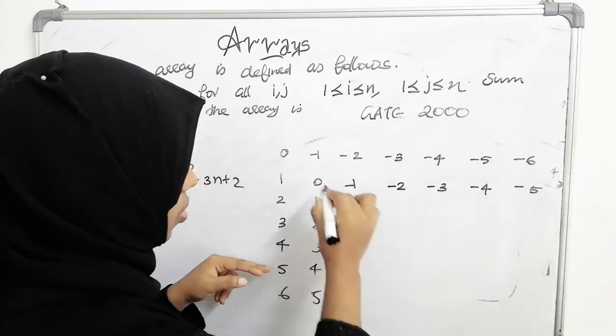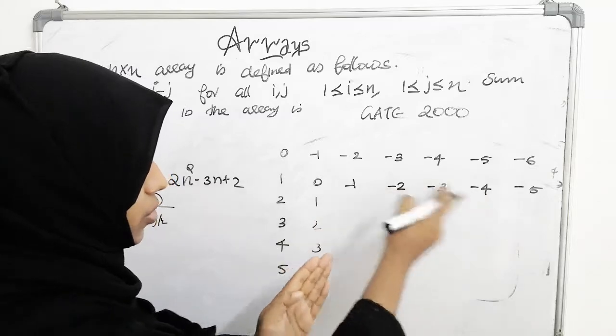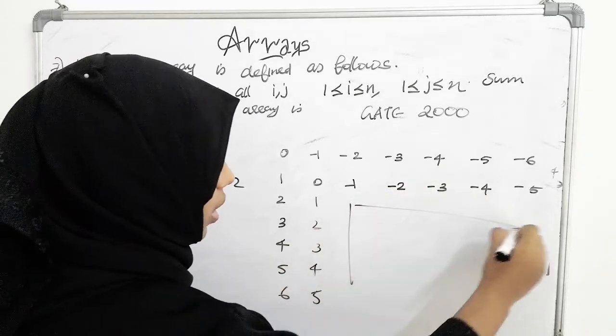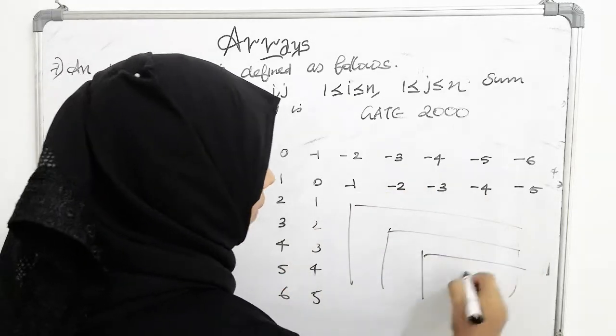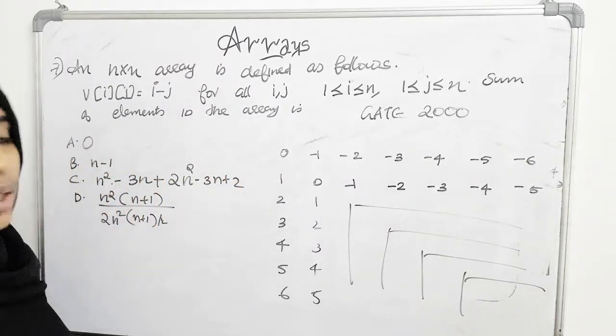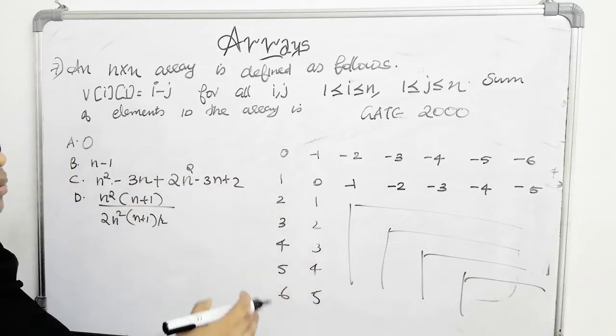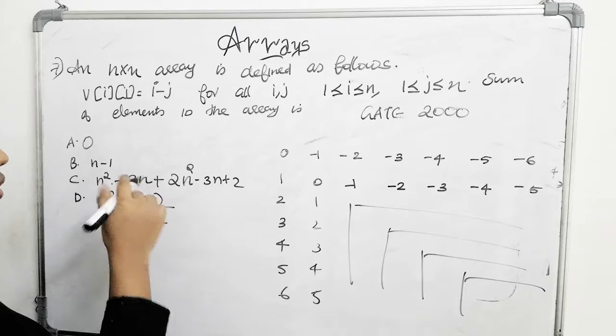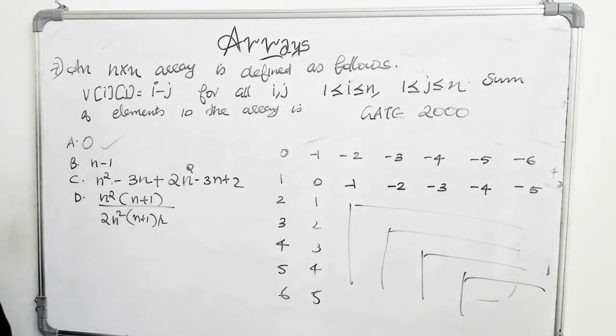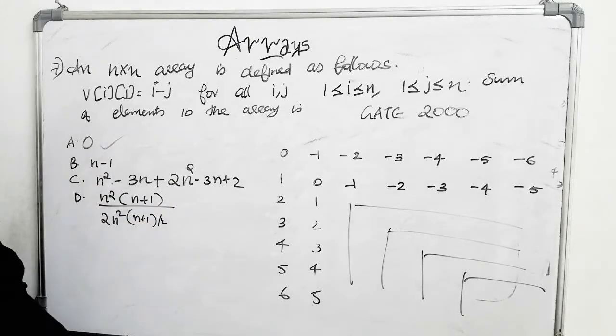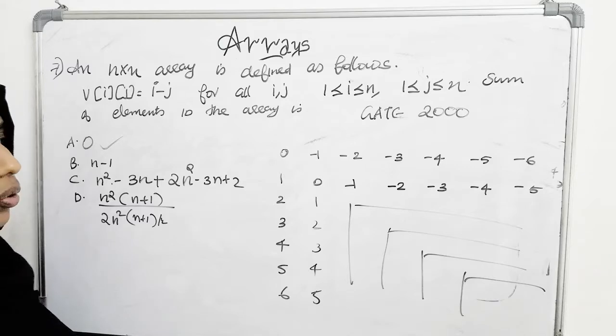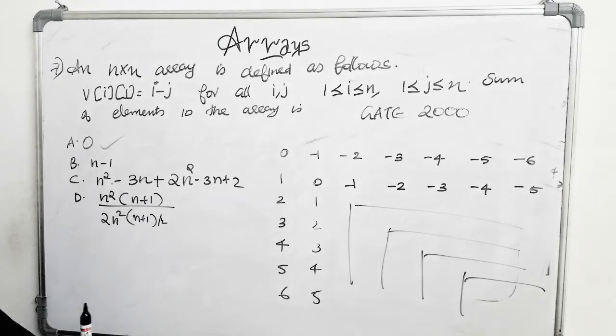So if you are adding this column and this row of this submatrix, you will get 0. So we will consider the smaller matrices like this, and we will get a 0 eventually for all the individual matrices. So the total sum will definitely be 0. For these kinds of questions, you can take examples and work them out. Only make sure that you are doing it right. So that's it. Hope this is clear. We will move on to the next question.